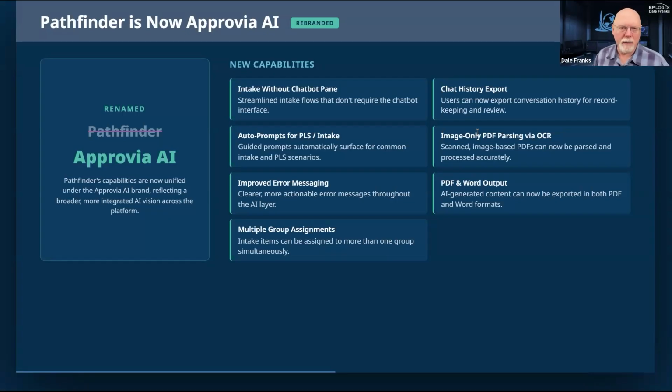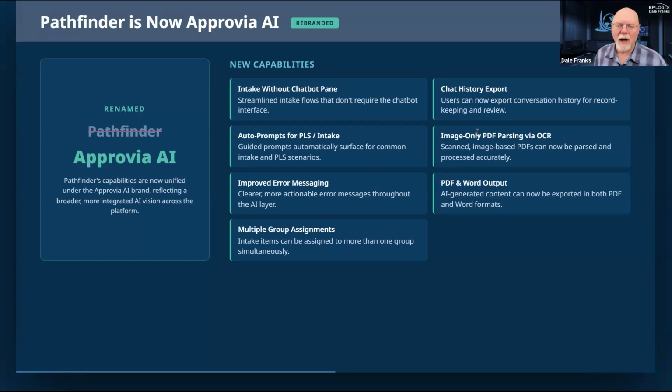So we've created specific error messaging around the ability to run the auto prompt without the chatbot pane, have everything happen in the background. But of course, when you do it that way, everything is a black box, right? You can't actually see what's going on unless you get some error messages that tell you things are not working the way that you intended. So that's what we've done there.